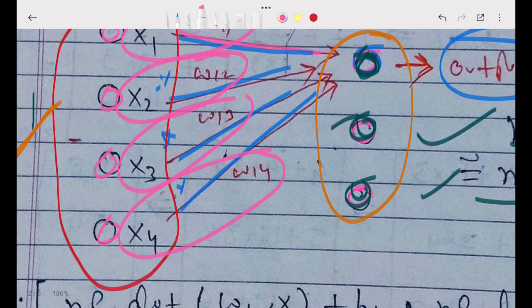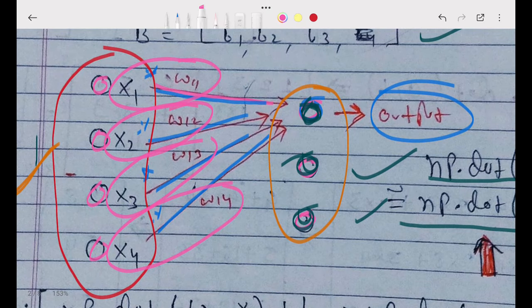So overall, this batch 1 x we multiply with W1. This is the batch 1, and this is the W1 in my program.